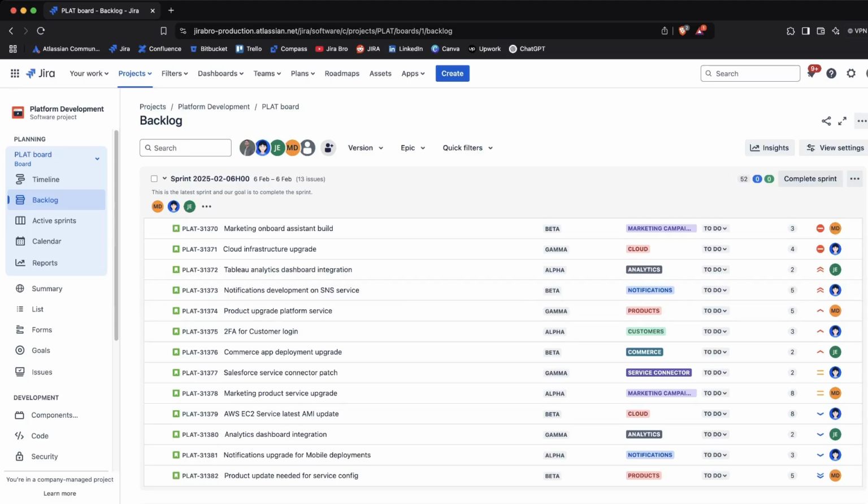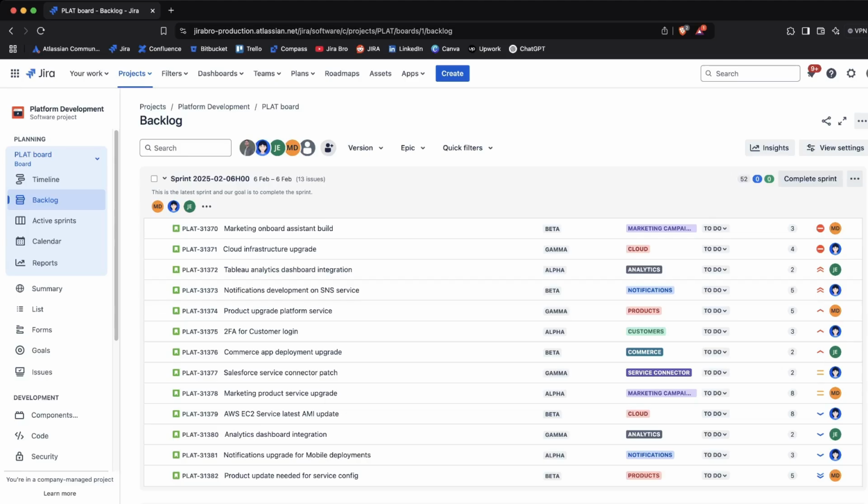Sometimes it could take like 1 to 4 weeks, but 2 weeks is like the written rule of how long a specific sprint needs to